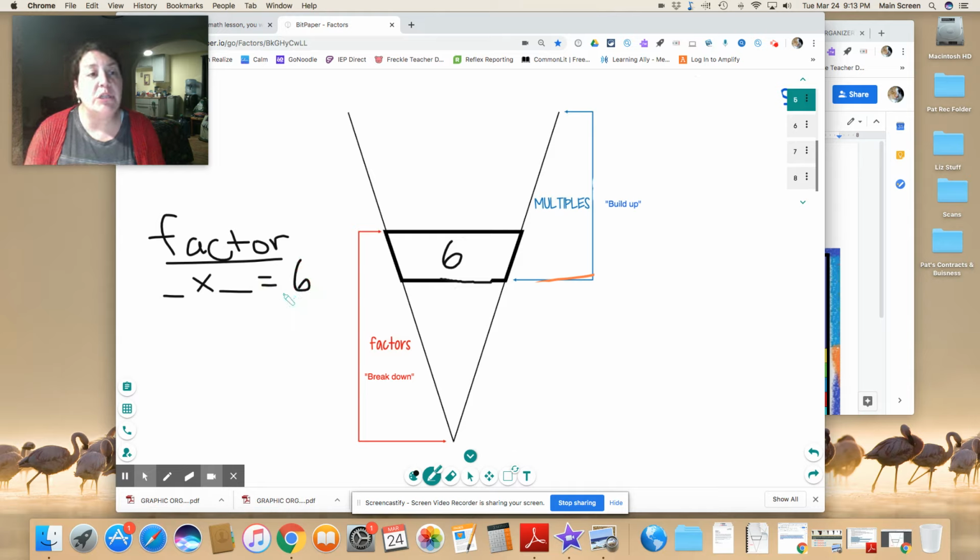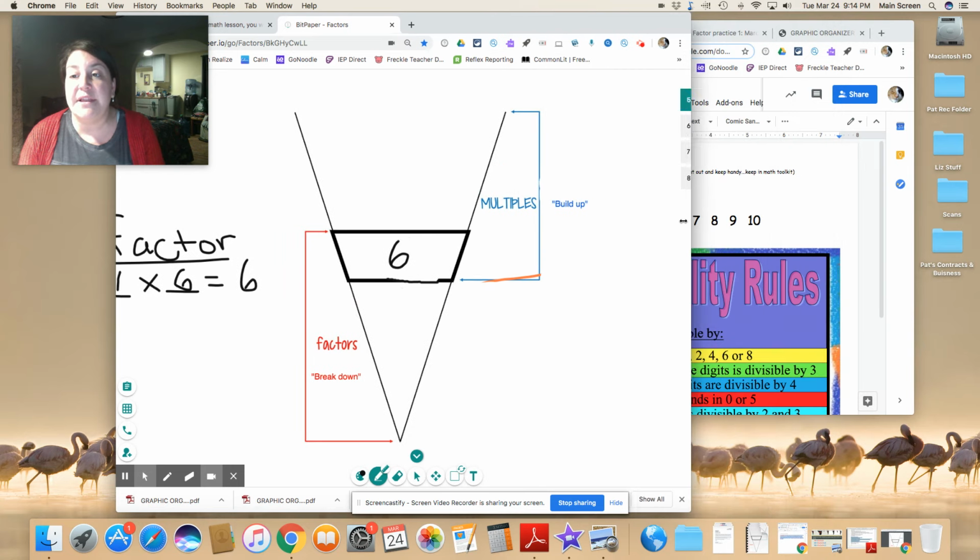Every single number is going to have 1 and itself as a factor, because every single number you can multiply by 1 and it will give you that number. Okay, so the number 1 is given. All right,